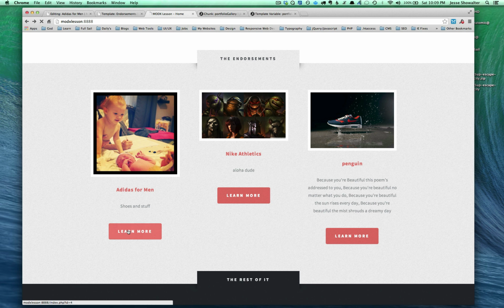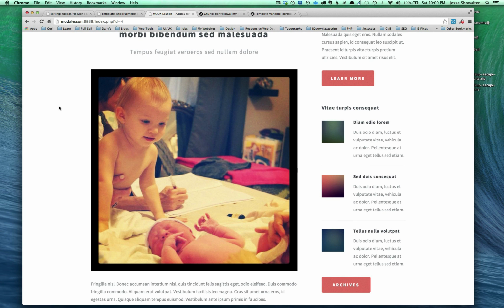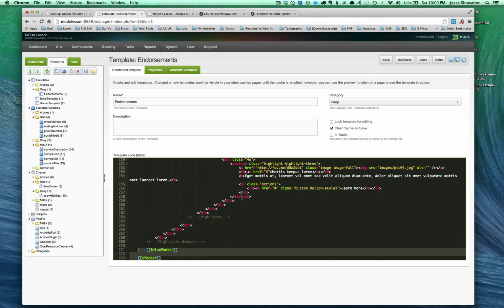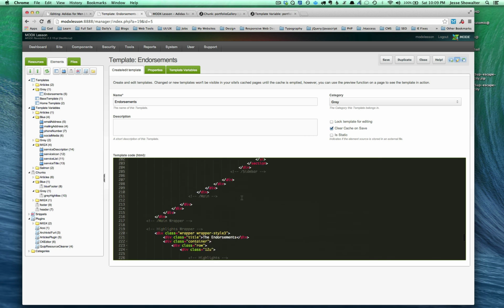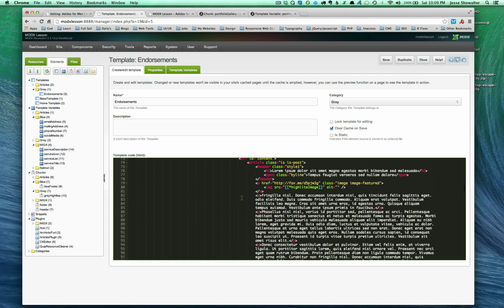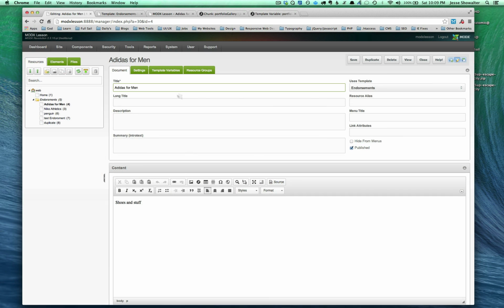Now, if you click on them, you would most likely be able to get to these pages somehow through the navigation, of course, but we're featuring them in some sort of highlighted area or a blog roll. So when you click on it, you go to the page, and I've basically just taken that static code and popped it in and placed those chunks in there, so there's nothing special about that. The only thing I've done that's a little bit different is somewhere near the top I put in this highlight image tag. I created a TV called highlight image, and it allowed me in the back end